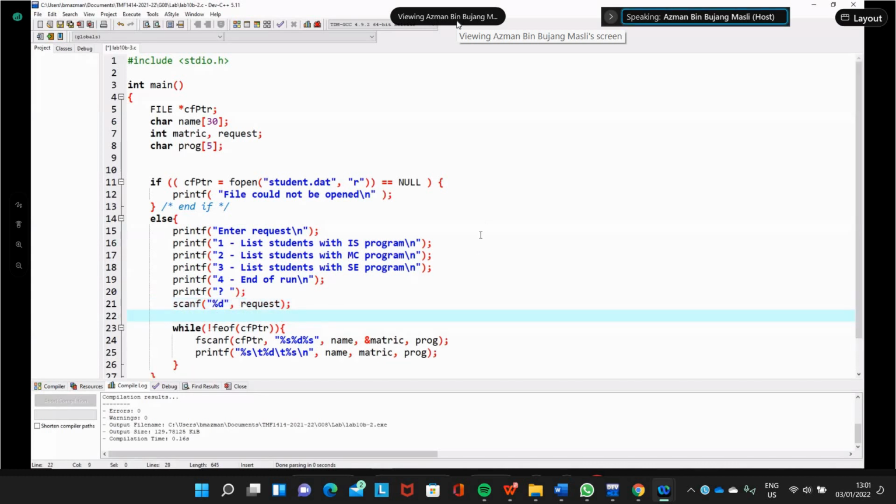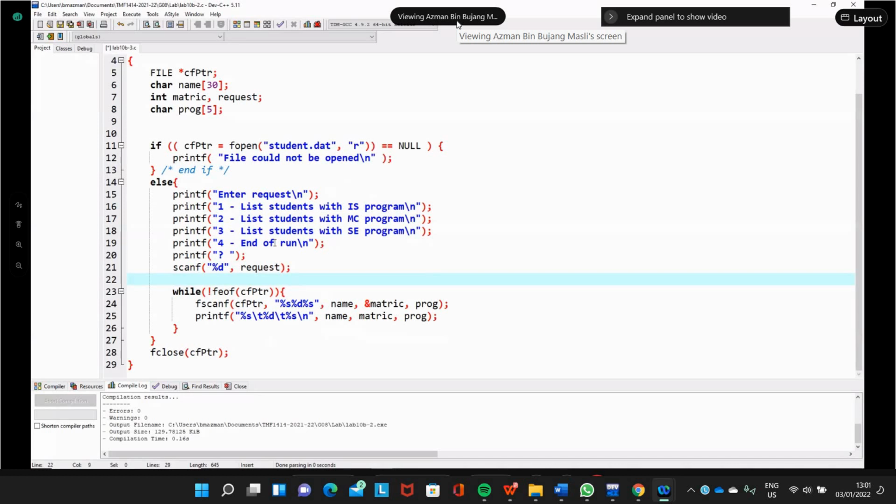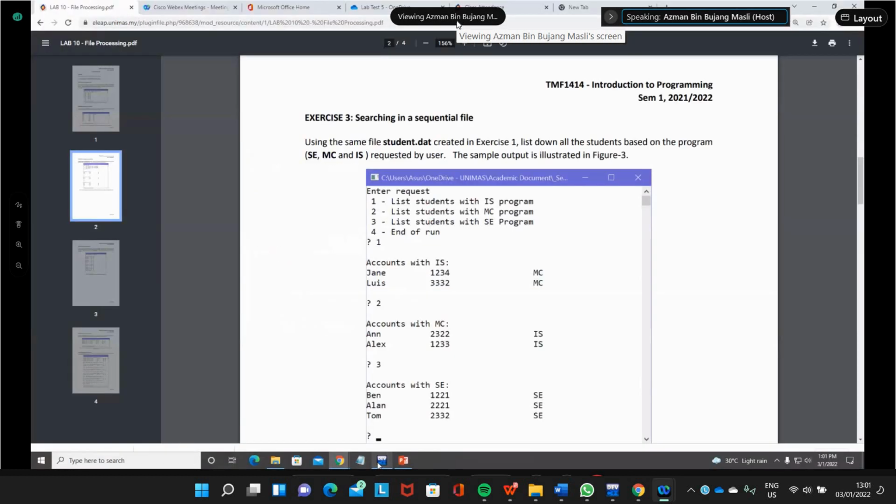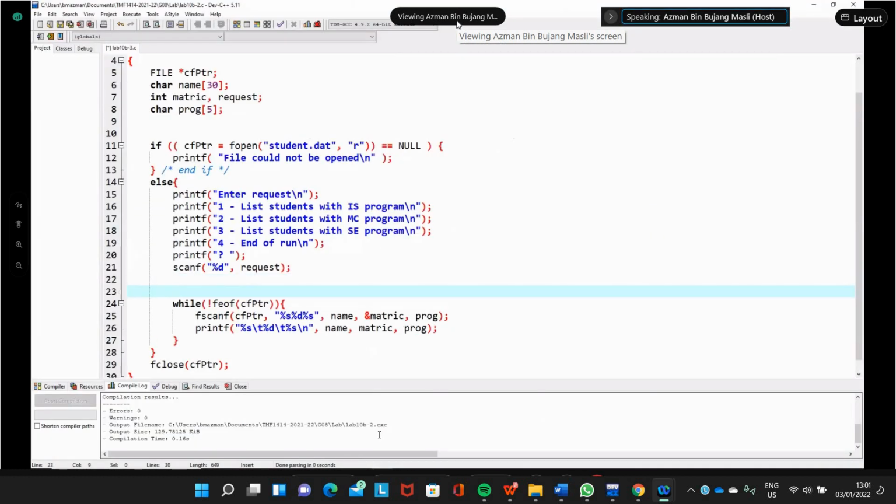So what do we do? The user will get the list there. And then we check, student with IS, not account. So we just switch on request.